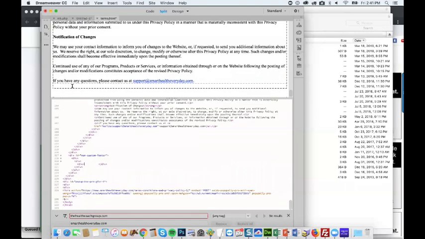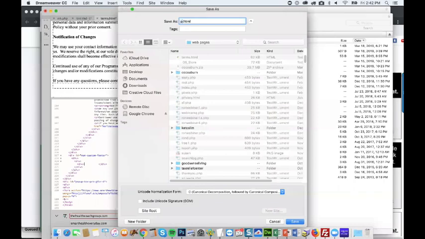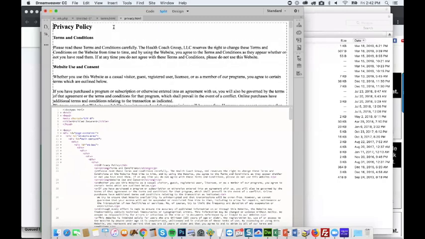All right, so this could be our privacy page. Yeah, we'll replace it. All right, so that's that.